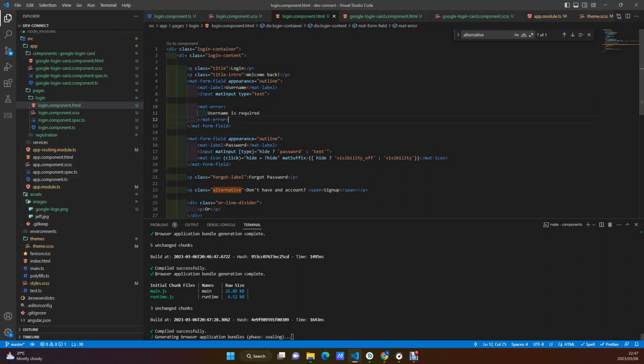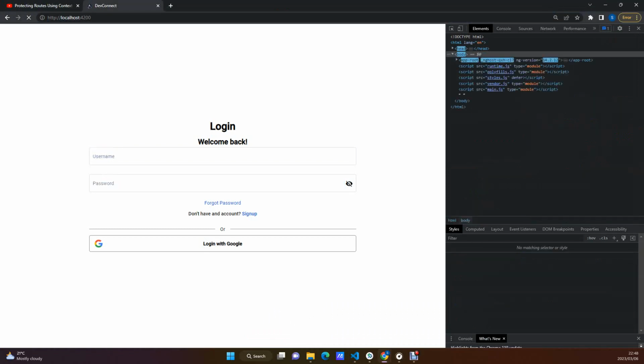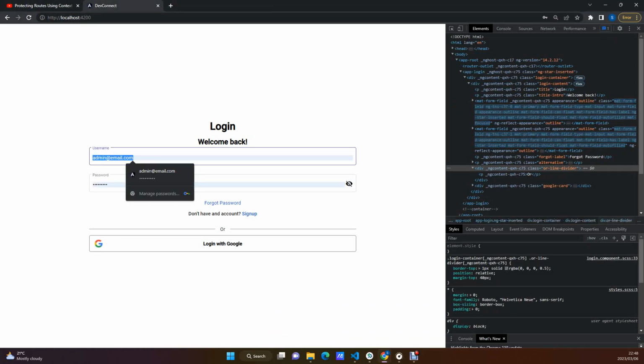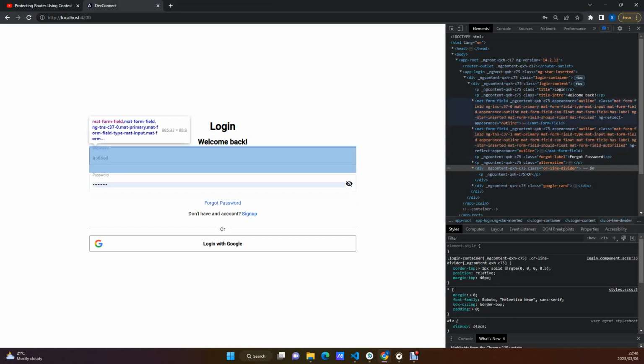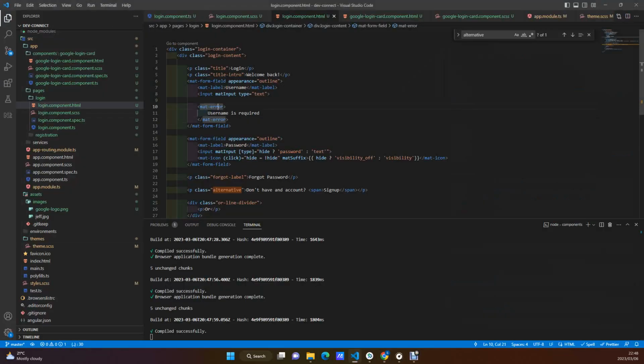I don't know why. Okay, let's try to reload this. So ideally this should be showing, right? Okay, let's probably try to use this ngIf,